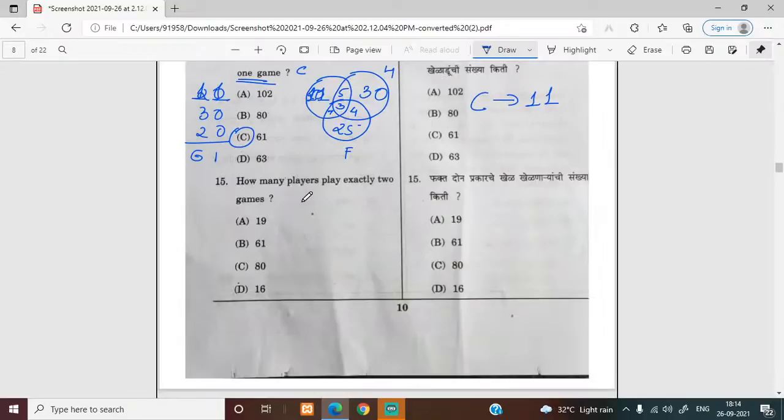How many players play exactly 2 games? Okay. So, exactly 2 games if we talk about, in this diagram, we already saw 5 people are playing cricket and hockey, 7 are playing cricket and football, and 4 are playing football and hockey. So, if you add all these, you will get 16. D is the answer to question number 16. Okay. So, what is the answer? D is the answer. Next question is,